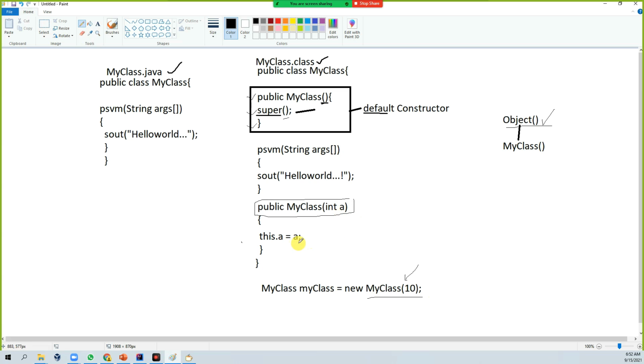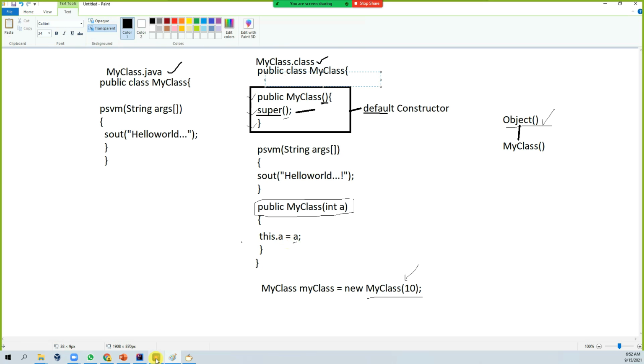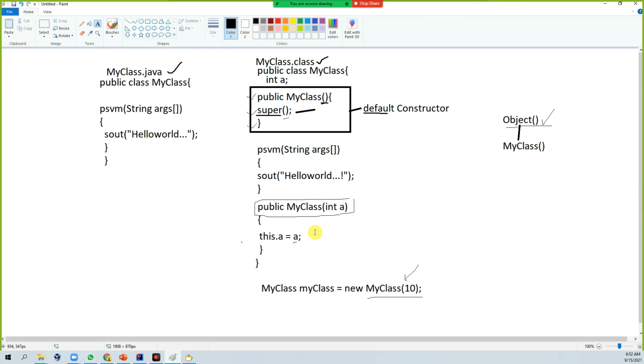So that 10 will be assigned to this, and you write this.a. This.a means this class should have int a. So this means the current class. Inside the current class, wherever it has a, apply this a to that particular variable.